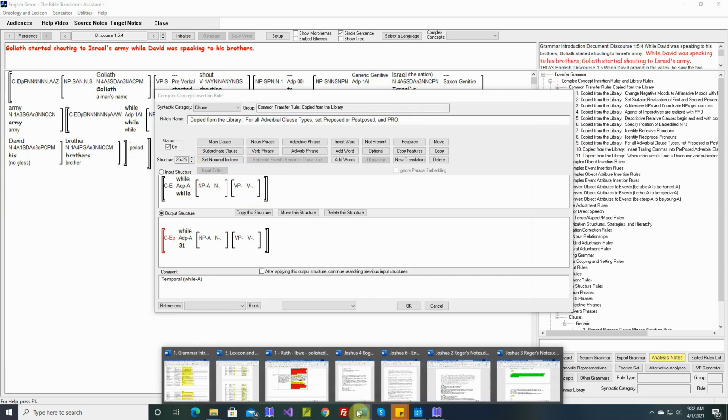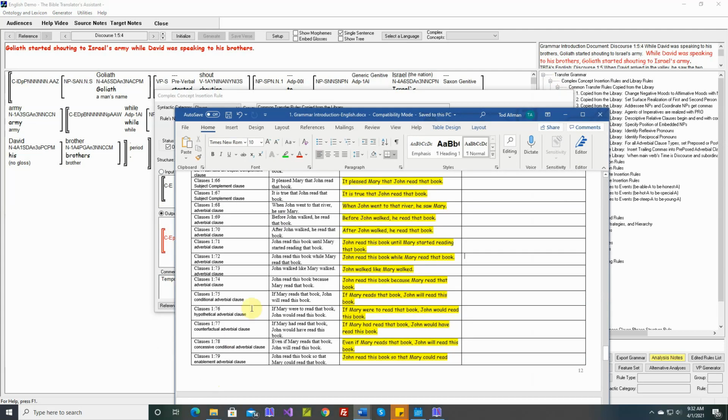If we look in our Word document, we have a while clause in here, clauses 172. John read this book while Mary read that book. So here the MTT postposed the while adverbial clauses. And we'll find this fairly often. When the MTTs are translating isolated sentences, it's very hard for them to give a natural translation.